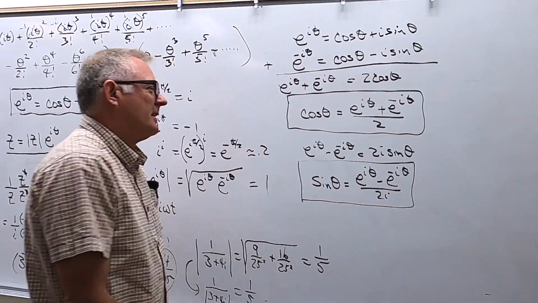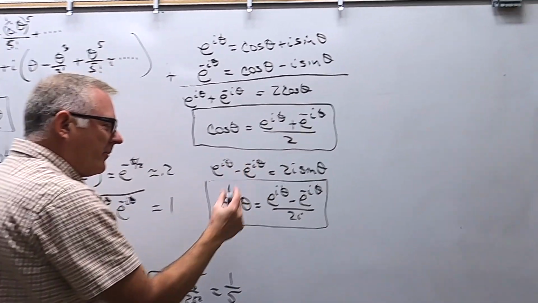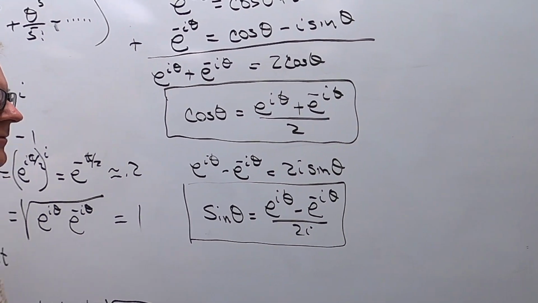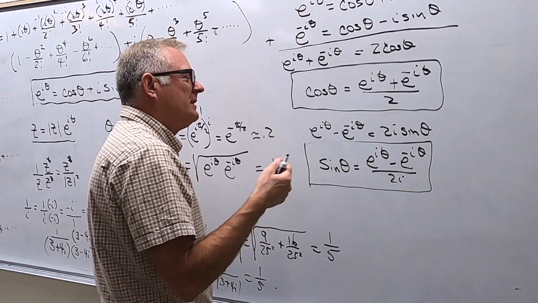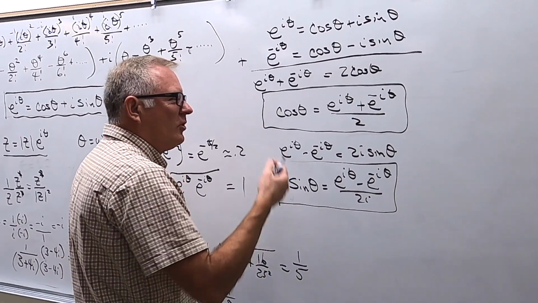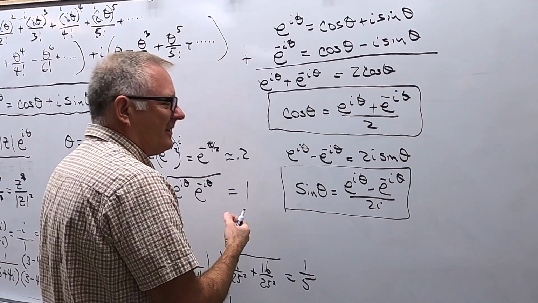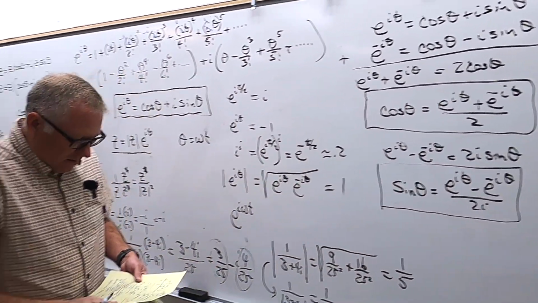A lot of times we like to use e to the i's in physics rather than the trig functions because it's so easy to take the derivative of e to the power of x. It's so much easier to integrate, and there's only one of them. There's just e. You don't have to worry about the secant and the cosecant and the cotangent. They're all just e's right there. Okay, so